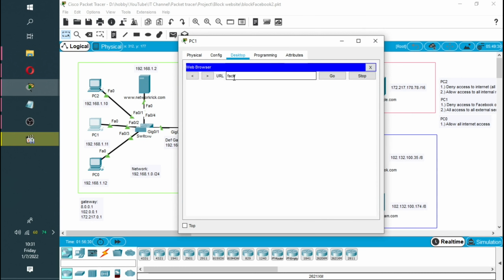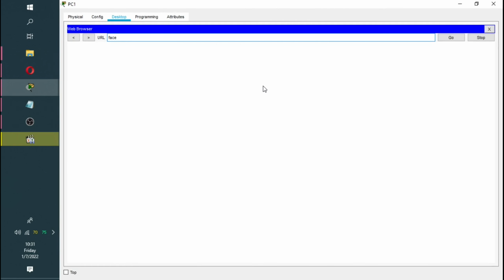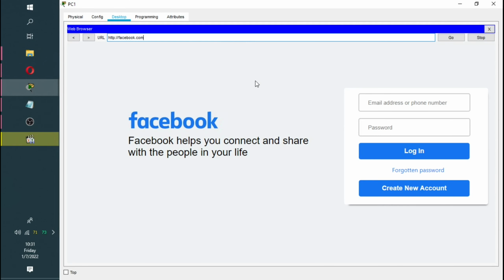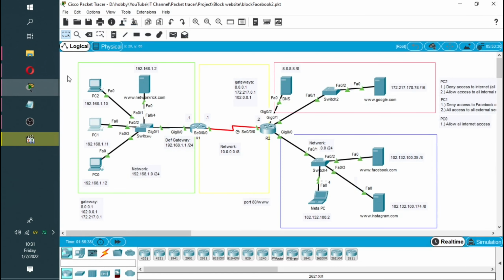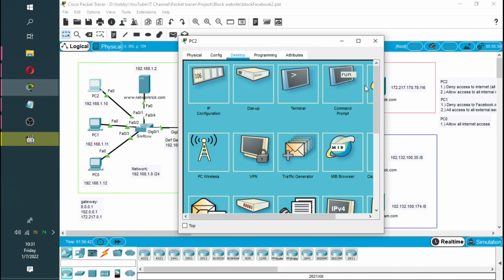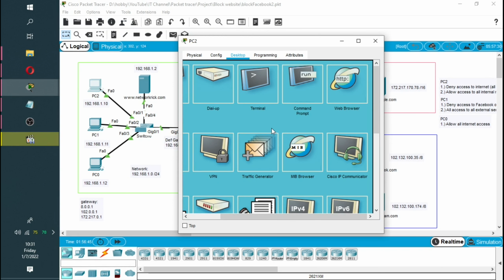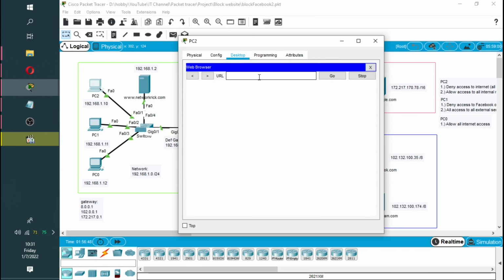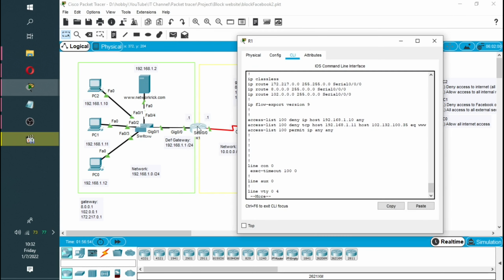If I type in Facebook, you will see he gets to the Facebook website. As you can see, he can access the web Facebook. And this guy over here, we denied him access to everything, but if you can browse, you will see that he can actually browse the internet. Let's say Google this time, google.com. See, he has access. So these rules have not yet taken effect, and the reason is because we have not